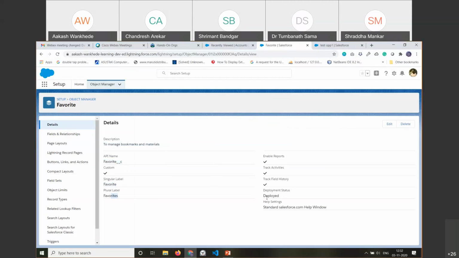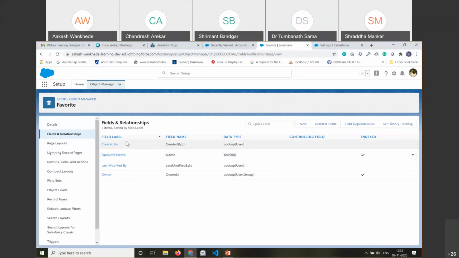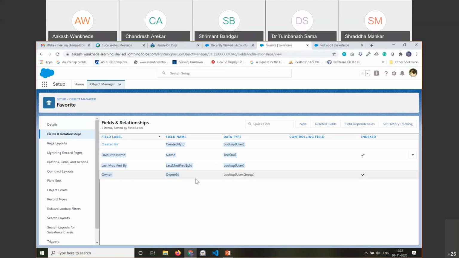This object is deployed. Then if we go to fields and relationships, these are the standard fields created for this custom object, provided by Salesforce itself. Now if I want to store any other details in another column, I will create a new field. So if I click on this,